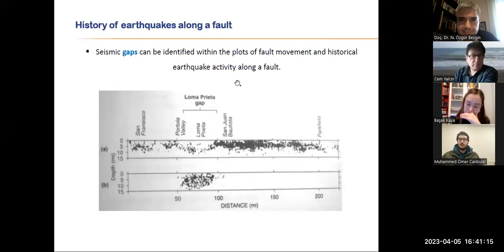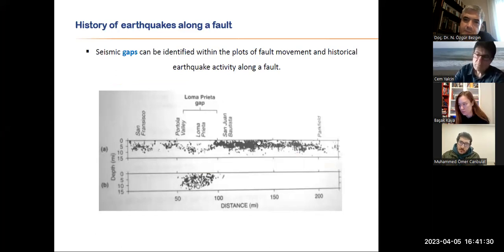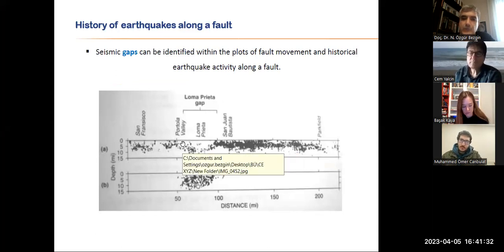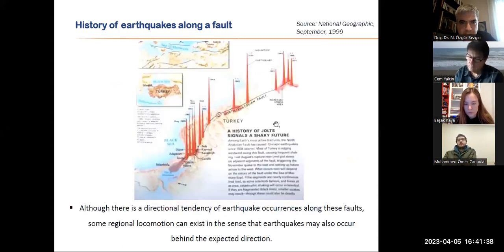So good data collection is essential because then we can see the locations of the accumulation of these earthquakes and also the gaps in these accumulations, because this will carry on along the fault. So good data collection is very important for this type of investigation. And there was a similar situation for our North Anatolian fault.